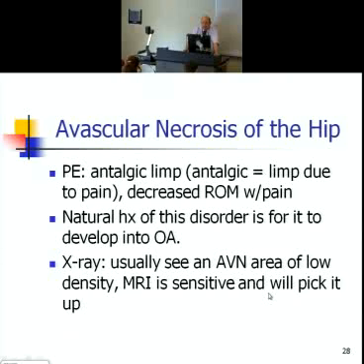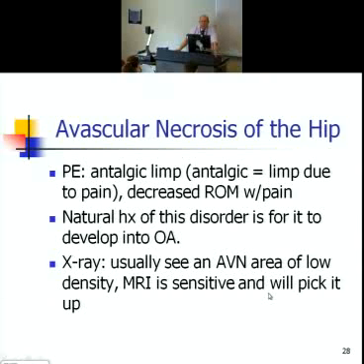So avascular necrosis of the hip, on physical exam, you find an antalgic gait. Remember, the word antalgic means a limp due to pain. So there's not a functional problem here, it's just a pain issue. They'll have decreased range of motion with pain. And the natural history of this disorder will be for it to develop osteoarthritis, and eventually the femoral